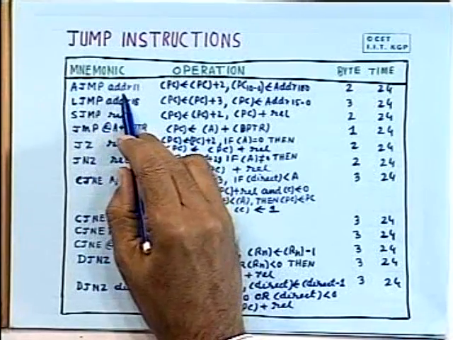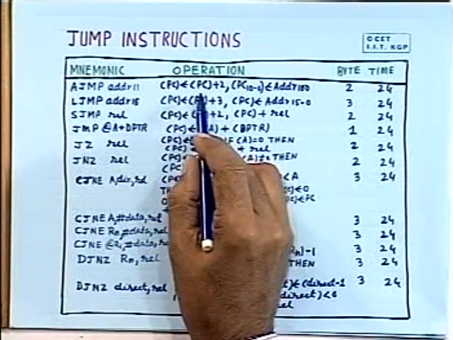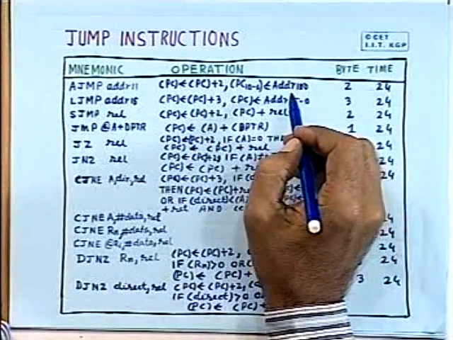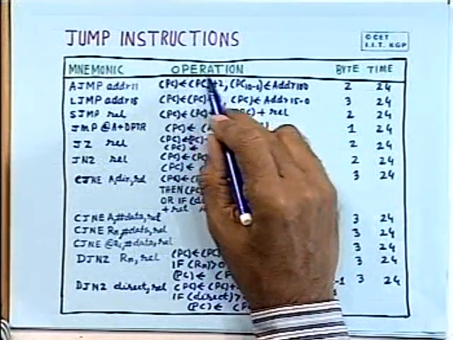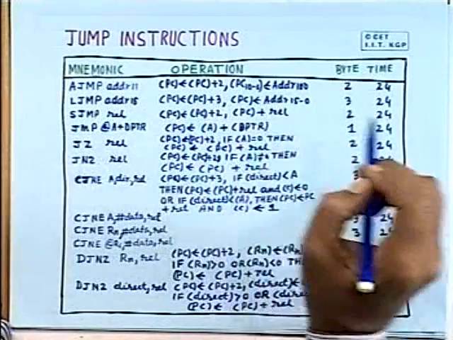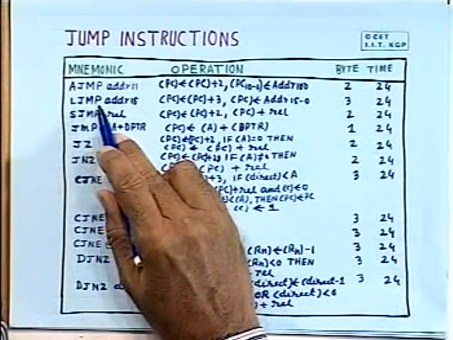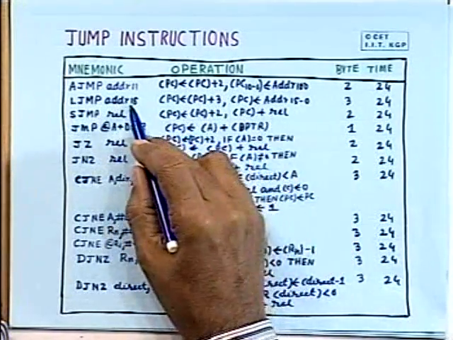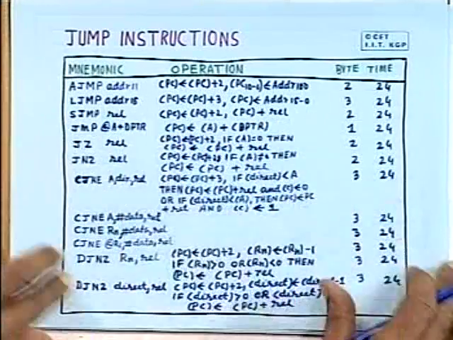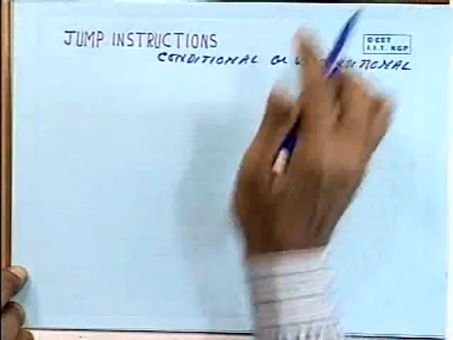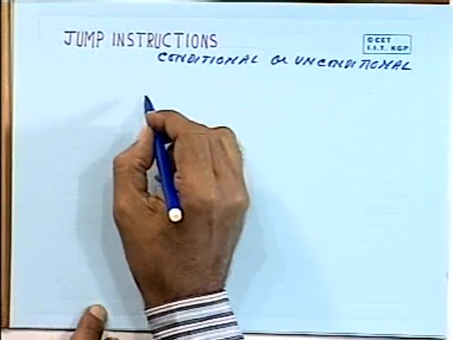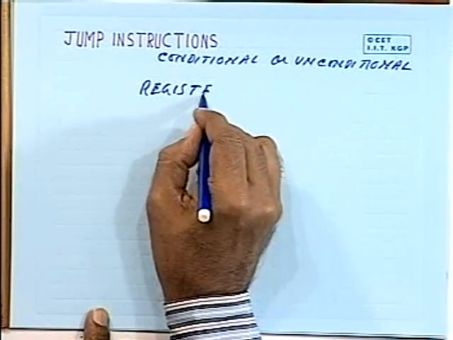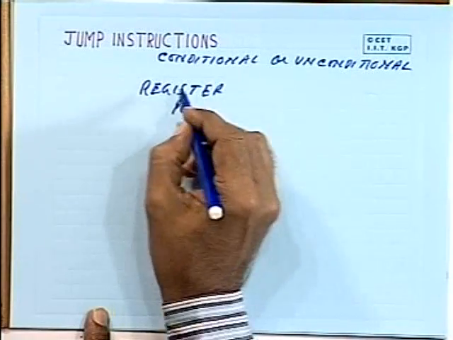with the help of this immediate data, and the program counter is incremented by 2, and of course it has no effect on the flags. Ultimately the program counter is modified. Similarly you have the long jump, where the program counter is modified by this 16-bit immediate address. So you can say unconditional jump instructions are there, where the register program counter is modified